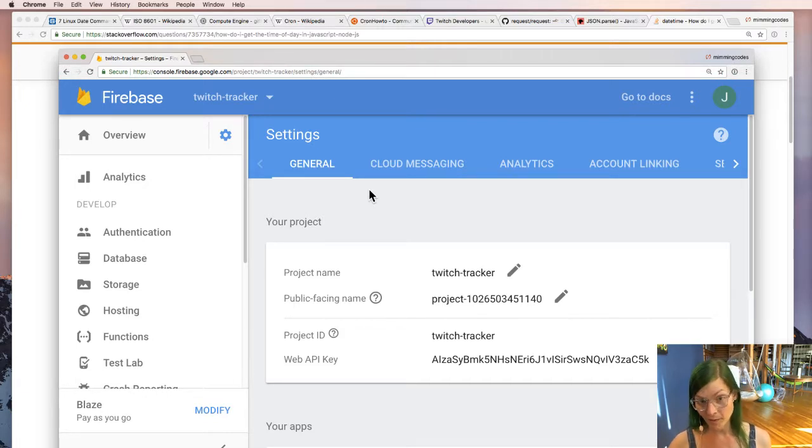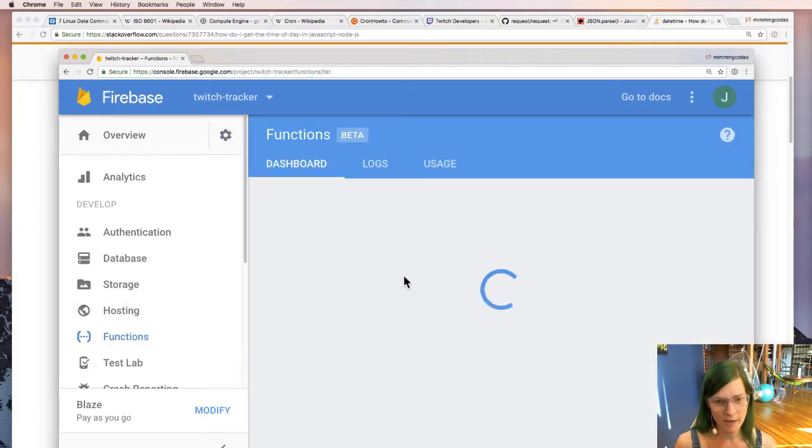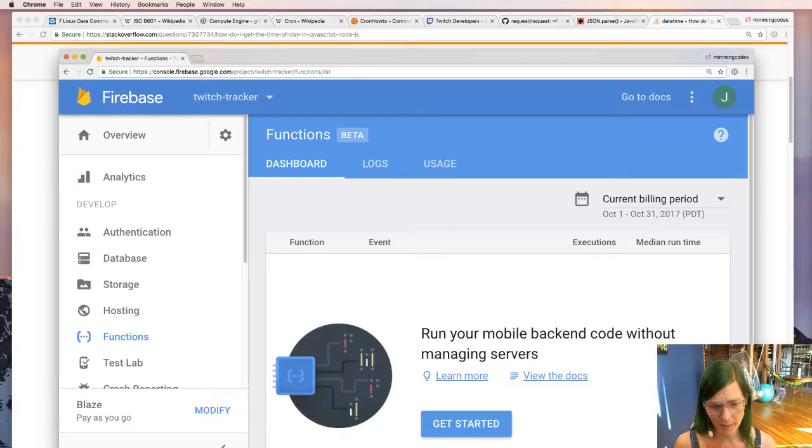And you can be very explicit about things like network ACLs and stuff. And at the same time, still manage billing centrally in the organization. And this is kind of a microcosm of that. Okay, so now that this is set up, let's go over to functions. And this is where we're going to create it, but we're going to do it from the command line.